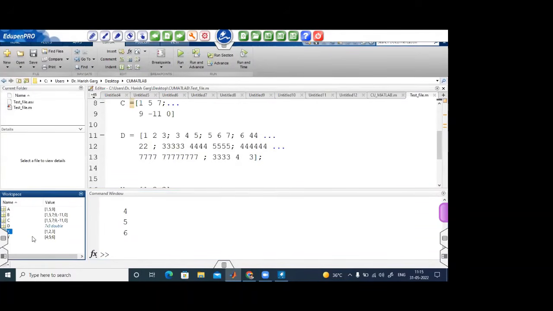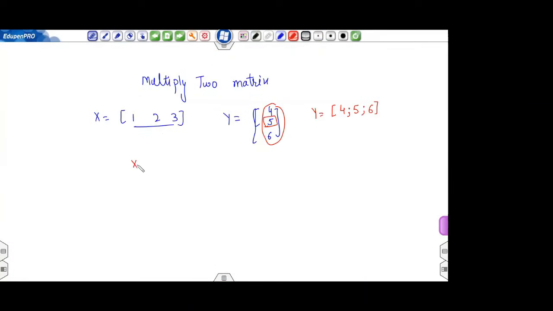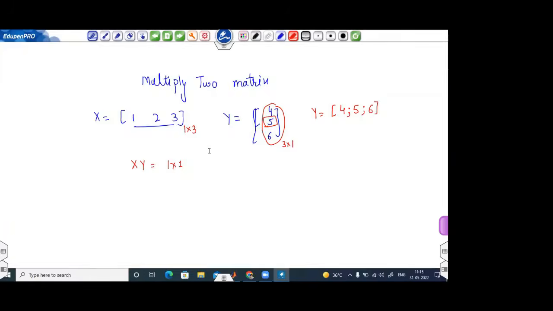You can see x and y output will be here. How can you multiply them? Can you multiply x of y? All of you know that this is my 1 cross 3 and this is 3 cross 1. So once you multiply them, it will be my 1 cross 1. So you can simply write here as